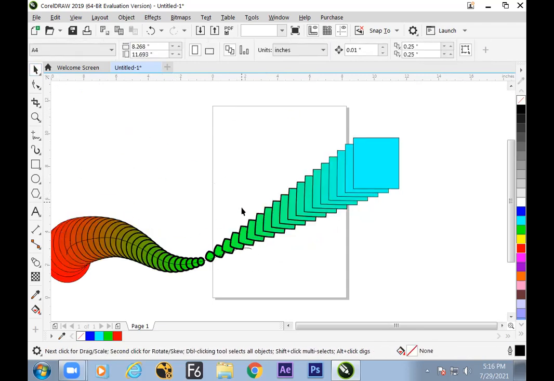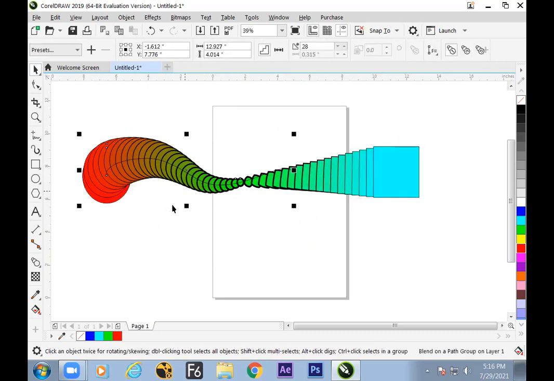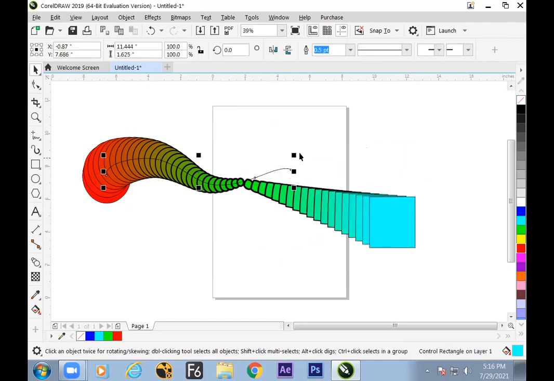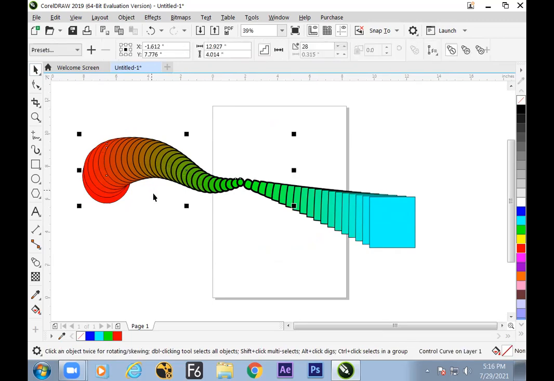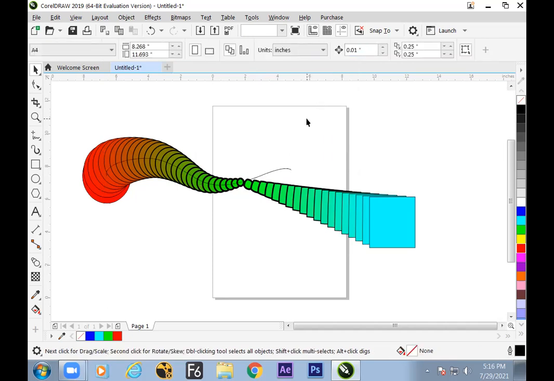Is it clear? And if you don't want to show the path, yes, we can hide it by decreasing the size. But there is a path over which the blend is moving. So this part is clear, hope so. Is it okay? And we can make it show once more.